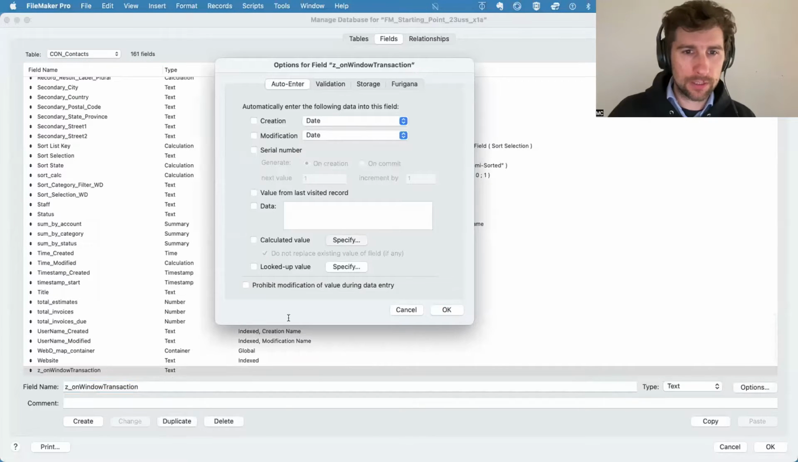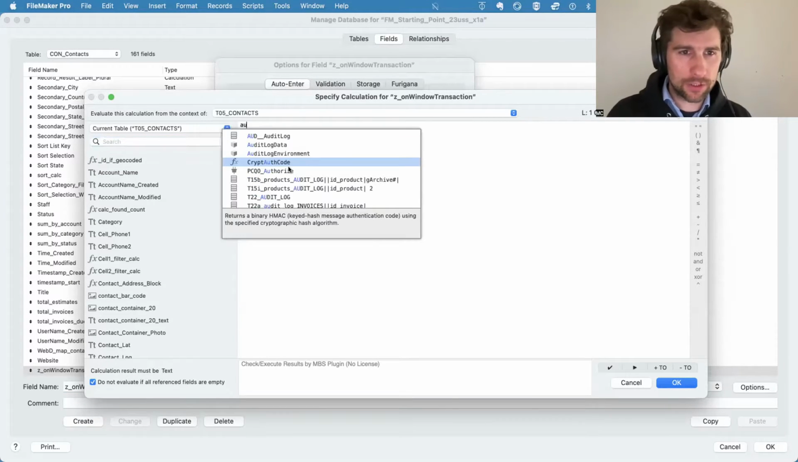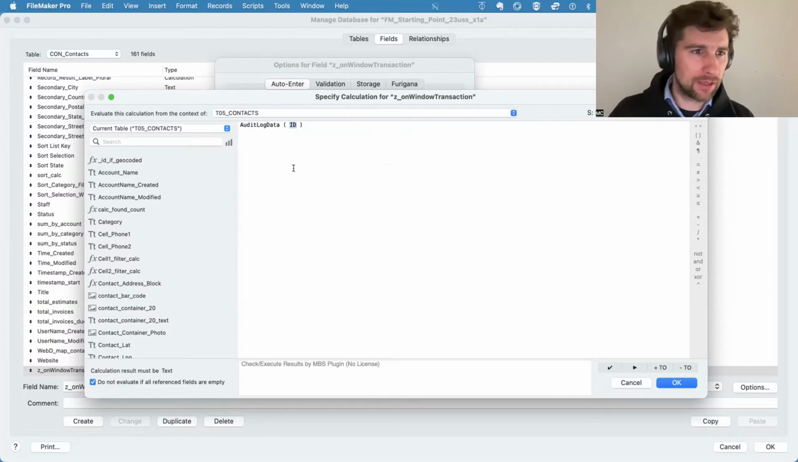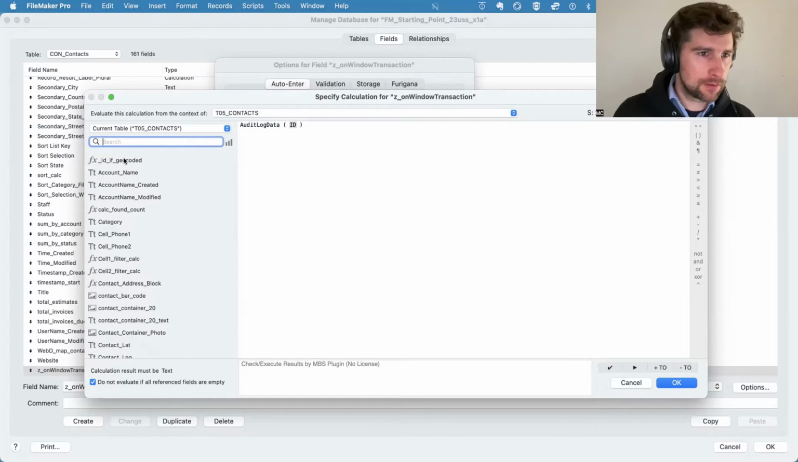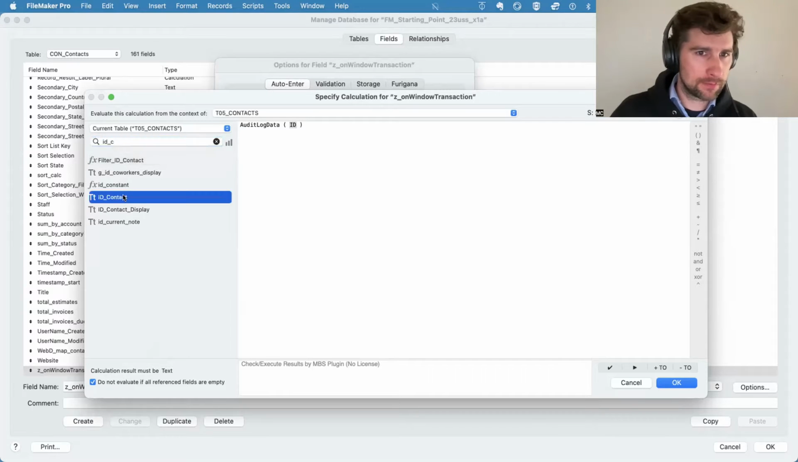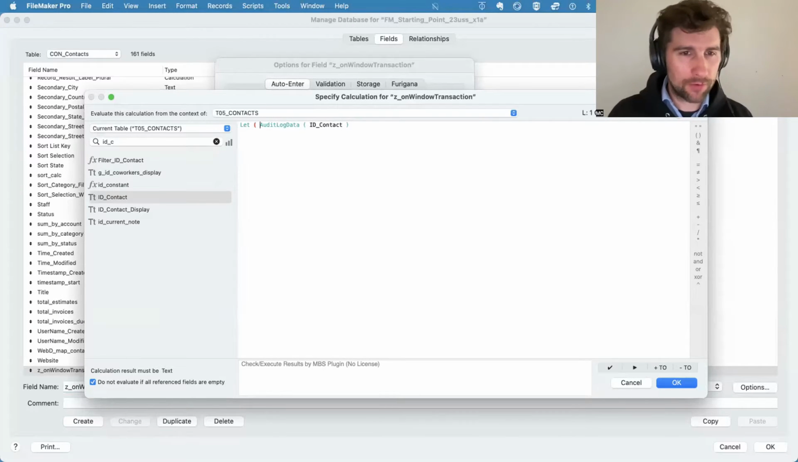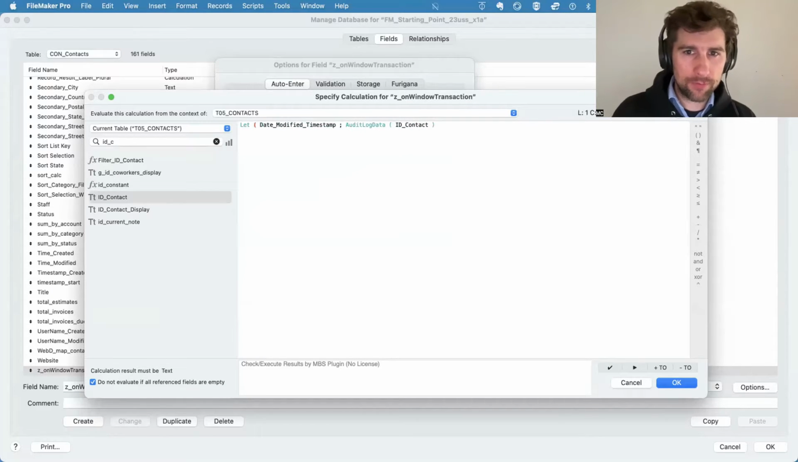Now with our auto-enter set up, we want to use this custom function that's called Audit. And then I think we just reference the ID here, which is ID contact. I don't want this as a calculation, so I'm going to have it triggered every time the modification field is changed. So I'm going to say modify timestamp,